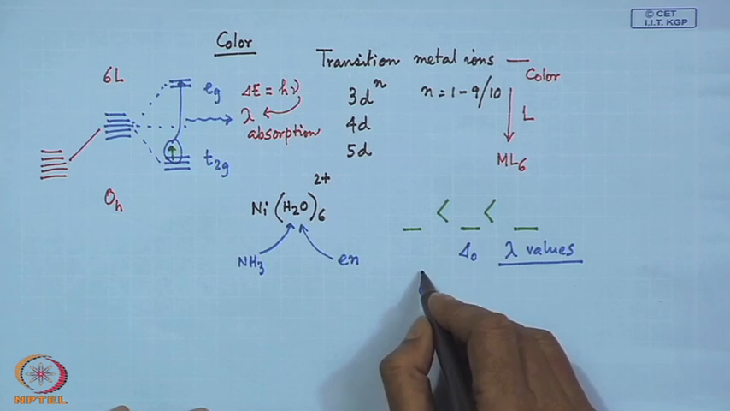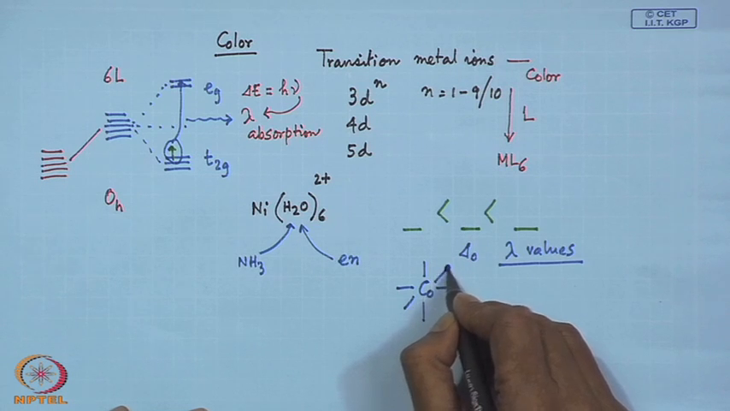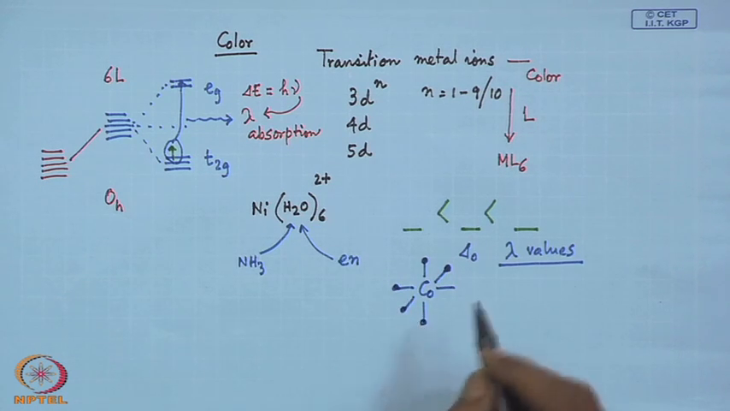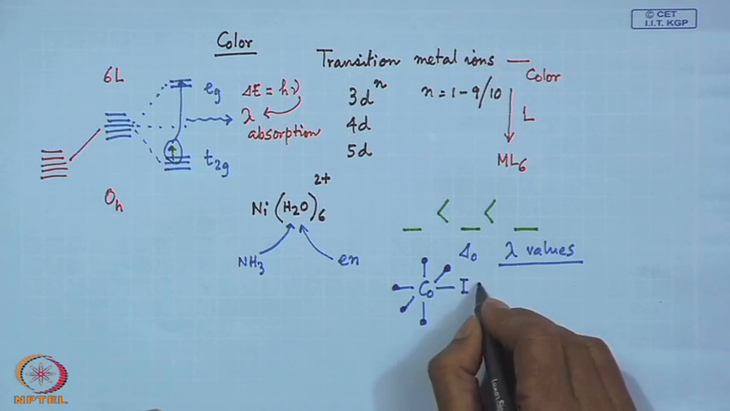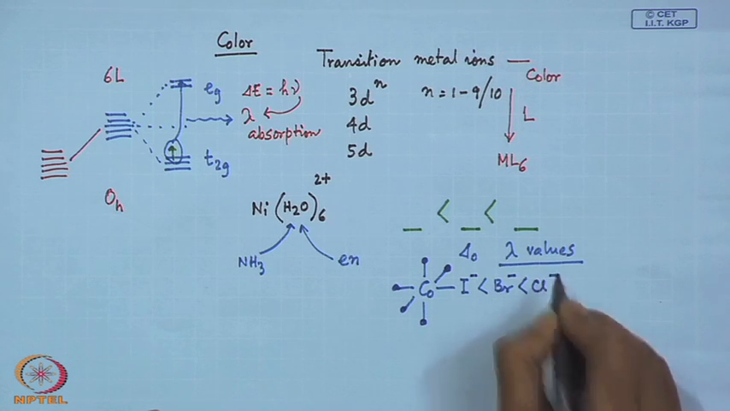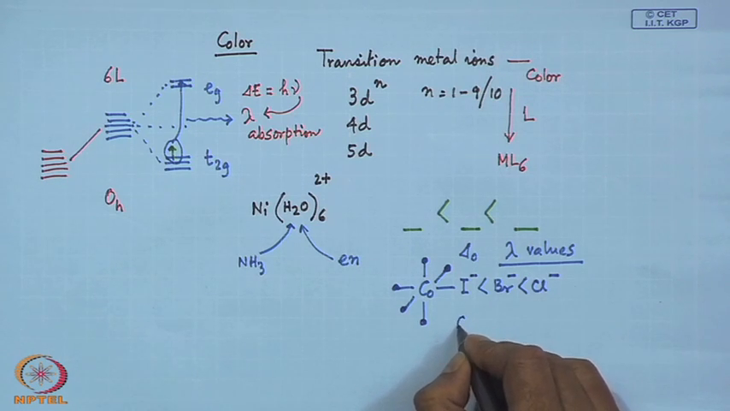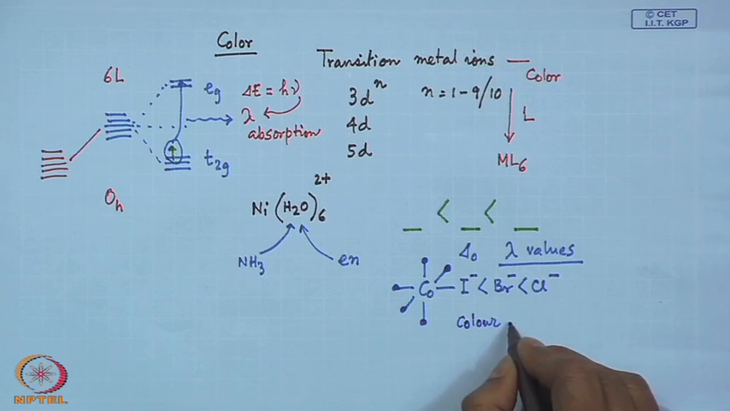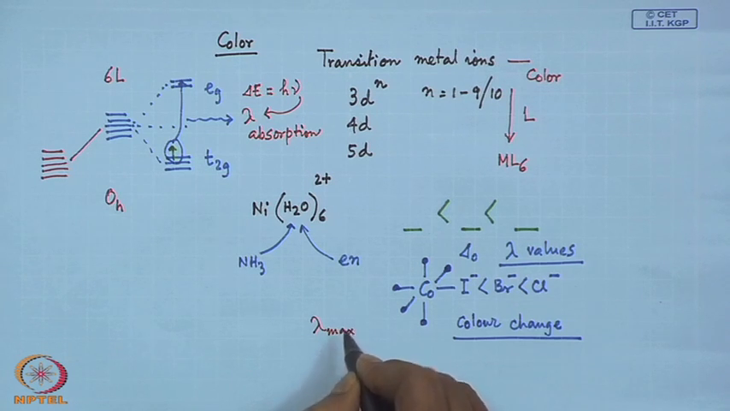So, cobalt is there, and these positions are occupied by the ammonia, and now what we are simply trying to monitor is that we have this iodide, then we can have Br, then we can have Cl, and we just notice the color of the solid compound, and in the solution we see the color change, and from there if we are able to see the lambda max values for the different